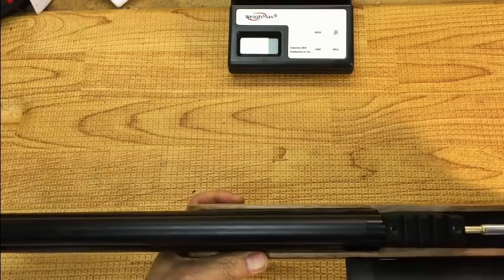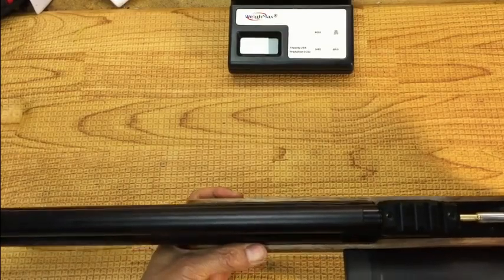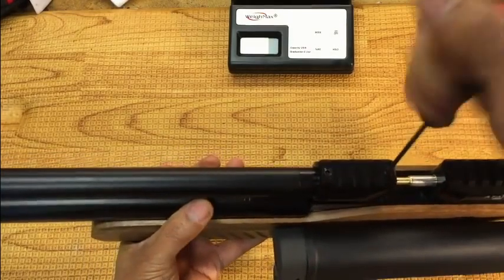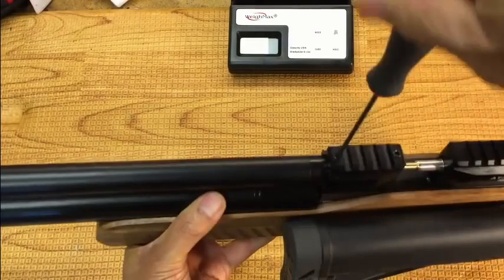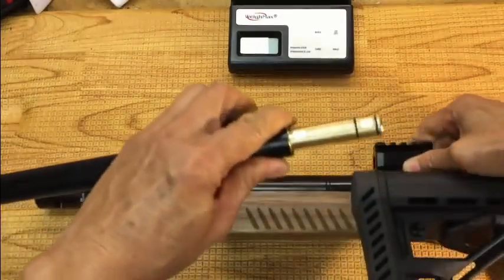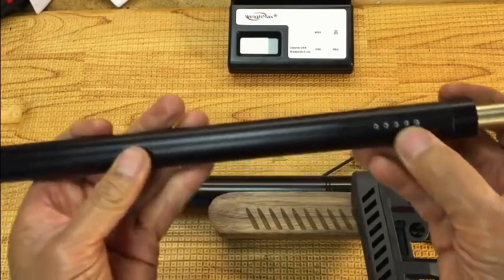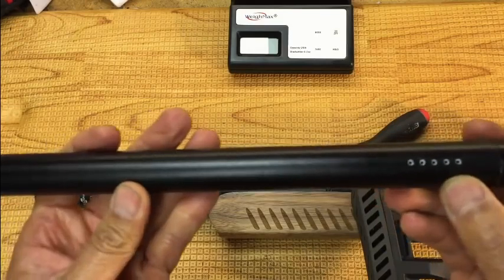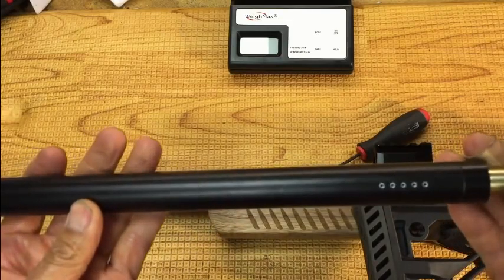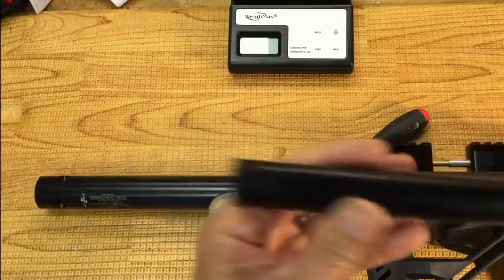So what I did was find an Allen wrench here to remove this barrel. It's quite easy for cleaning. I'll demonstrate for you. Kind of twist and pull. There's a brass sleeve on it. So what I did was to muffle this a little more. I put some vent holes in the rear end, facing down so you can't really see them, and muffled it down a little bit. Since it's not my gun and I'm just reviewing it, I just tuned it up. I would have put dozens of holes in this damn thing. Well, anyway,